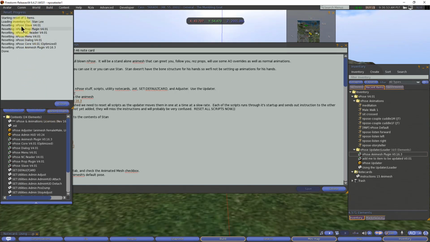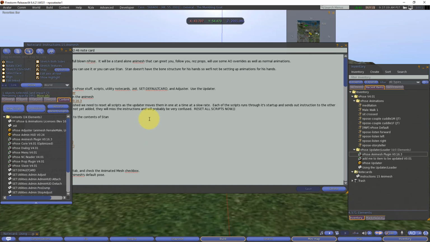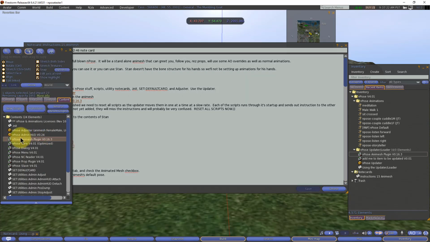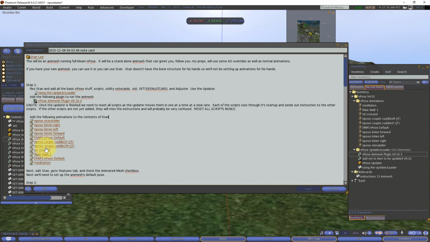It's as quick as that. We reset the slave, the prompt plugin, the reader, the NARC card reader, the menu, the dialog, and the core, and the Animesh plugin. So all of the scripts in here were reset for us. Now we're ready to move on. The next step is to add all of the animations to the contents of Stan. Now, the reason we're doing this is because that Animesh plugin is going to animate Stan. And in order to do that, we need to have all the animations